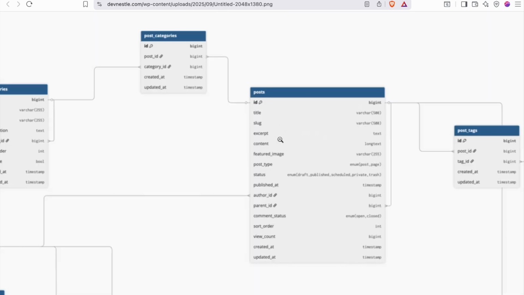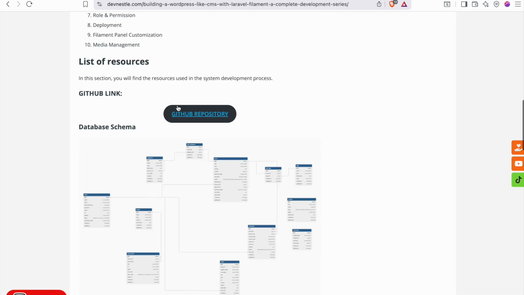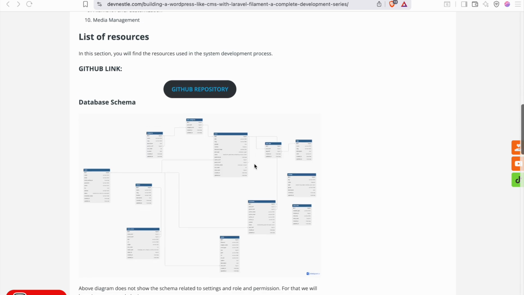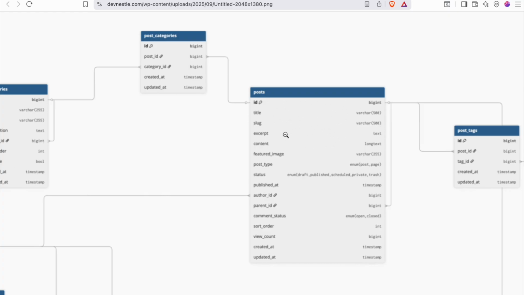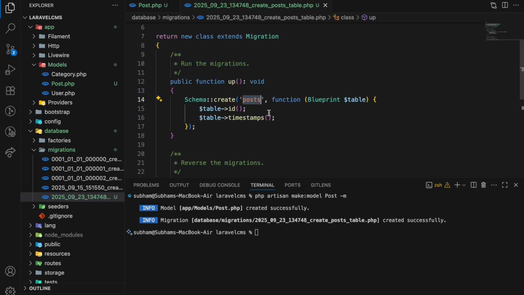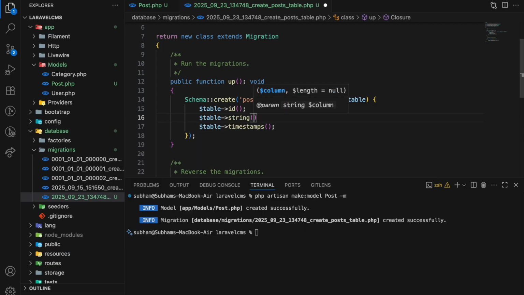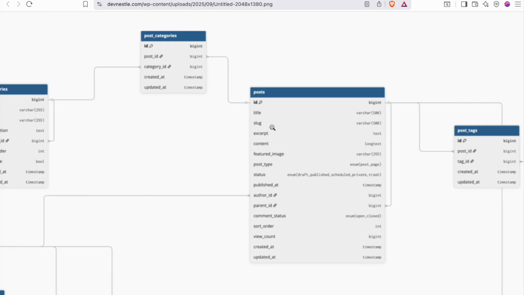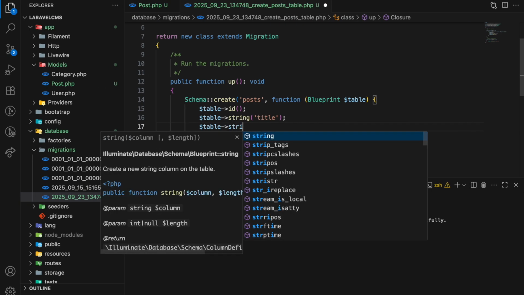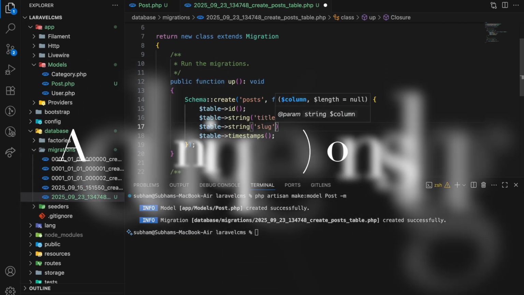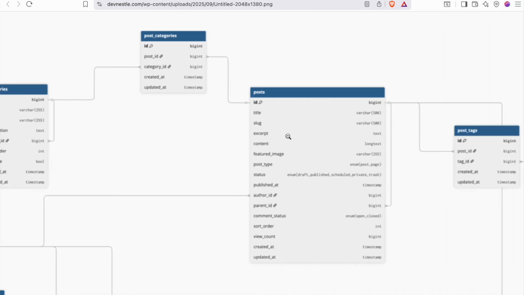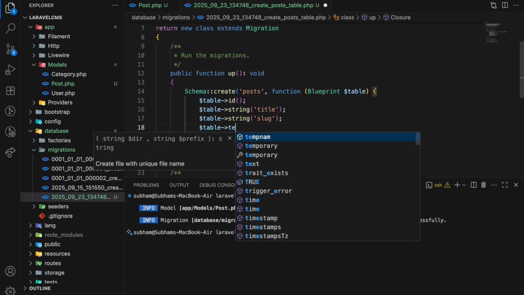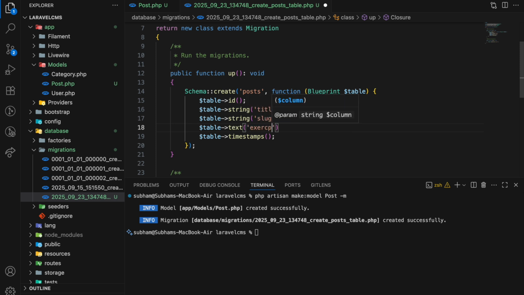Here I have already written the schema file which we have discussed in the first video of this series. So I will just try to copy from here. The first thing that we need is the title. So let me say string title. Similarly, then I need slug, string slug, and then I need excerpt. So text excerpt